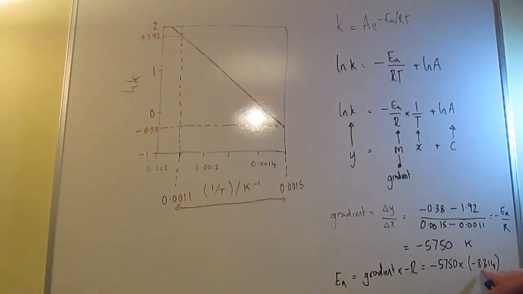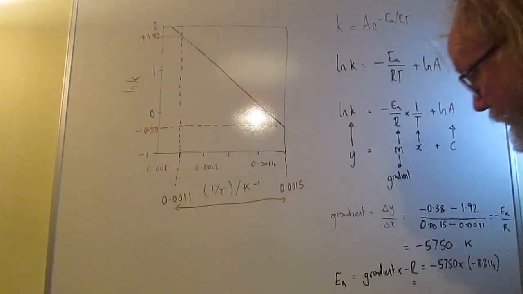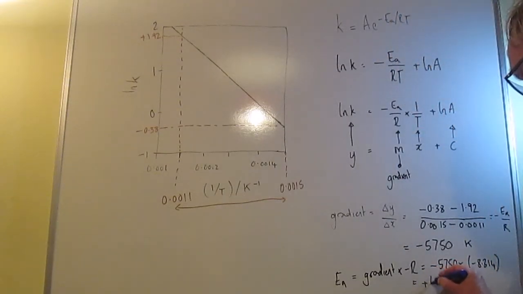R, remember, comes off your data sheet, but you just want minus R, and that works out as plus 47,800 is the number. The units of that will be joules per mole, so you've got to be careful there, because